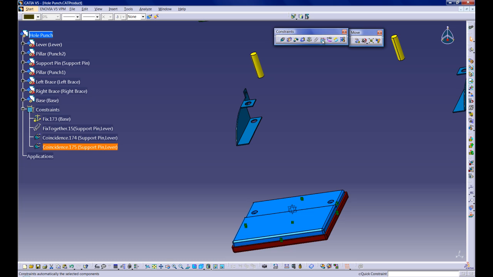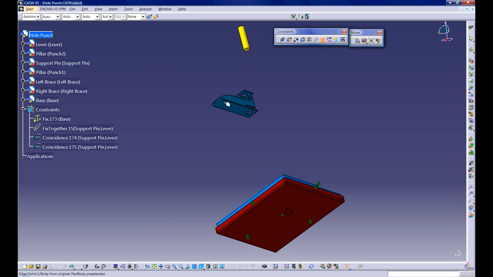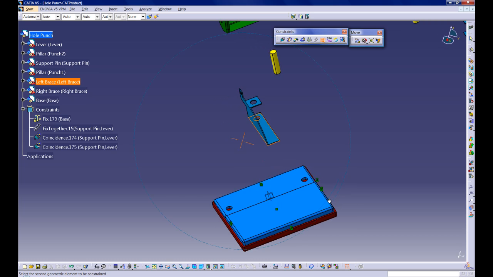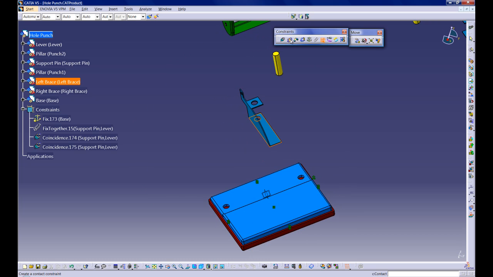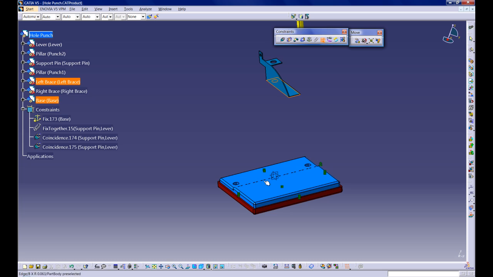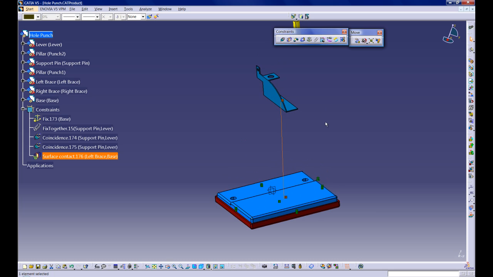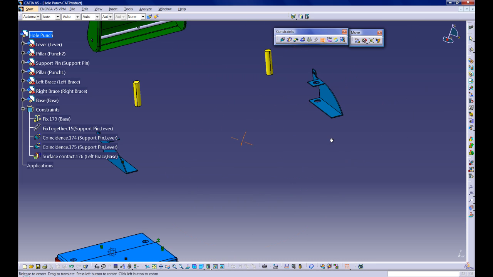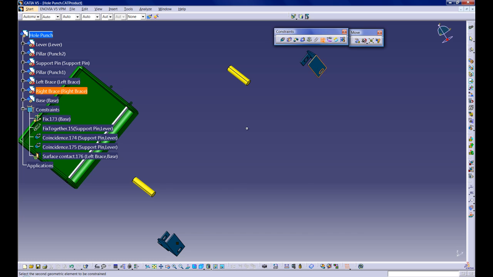Now what I want you to do is go ahead and try out the quick constraint command. It's easy. It's a combination between the surface contact constraint and the coincident constraint. It just guesses: if you have an edge, it'll do coincidence. If you have a face or a plane, it'll do surface contact. So I created a surface contact between these